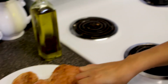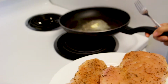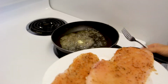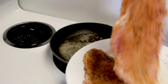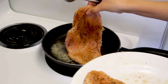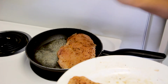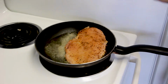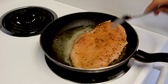So once that's hot, you're going to grab your chicken breast, and it doesn't have to melt all the way, but you want to add your chicken breast. It's okay. You know what? The fork didn't work. I can add it with my hands. I do not want the chicken to steam, so I'm just going to add one at a time, okay? And you want to start checking it after 2 minutes, depending on the thickness and doneness